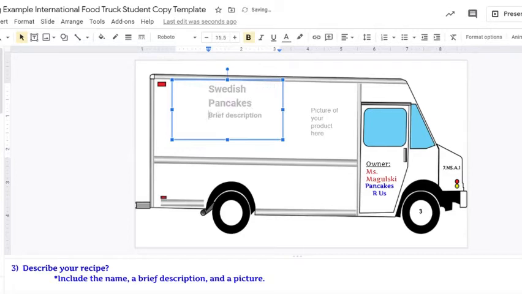And I'm going to type a brief description. So my description is going to be something that is going to entice my customers and make them interested in my product. Mine might be something about hot pancakes that melt in your mouth and satisfy your hunger for